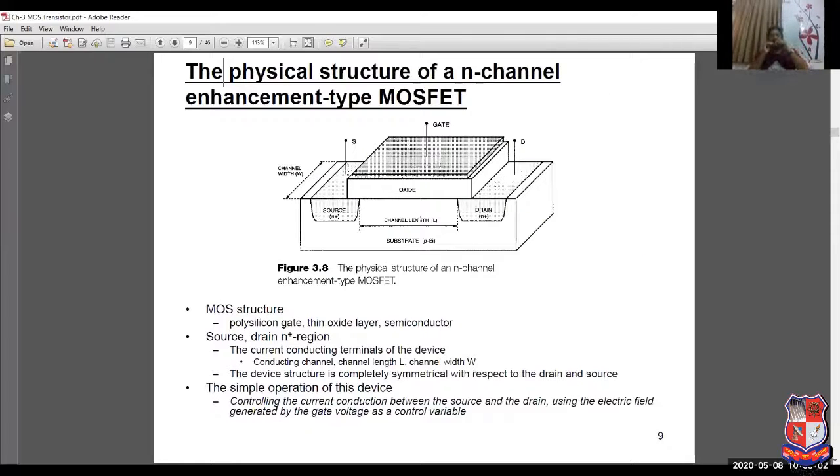So how is the MOSFET first of all made? In the previous session, in the theory that we just recalled, there was a concept of metal, then an oxide region, and then a substrate region. The same theory is applicable here, but when you talk about a MOSFET, there are two different kinds of junctions: the source region and the drain region. This is metal, oxide, semiconductor. This is how the MOSFET is made. There are three terminals: source, gate, and drain. Apart from that, there is a fourth terminal, which is the substrate terminal.